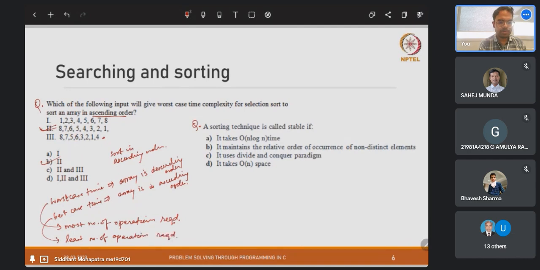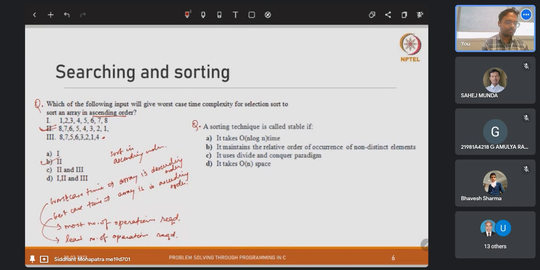Okay, that's what it means by best case and worst case. Now there is also average case complexity, which basically means that if the array is partially sorted or anything in between, what would on average be the time complexity of your system, that is how many operations would it normally take or usually take if the array is not in ascending or in descending, somewhere in between. So that is your average case